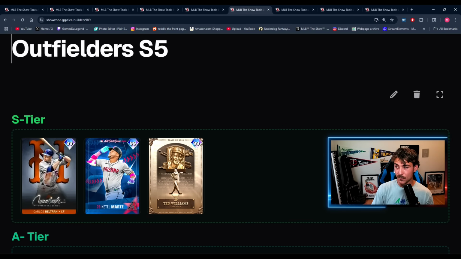Once again, all the outfielders I'm just going to list here because it is really impossible otherwise to divvy them up. Showzone doesn't even let me put that many cards in a certain tier list. So we have to just fill them all in, file them in line. Obviously, center field, you're going to want more fielding, more speed than the corner outfield spots. And if you're going to have a poor corner outfielder, you better have an elite defender in center field to